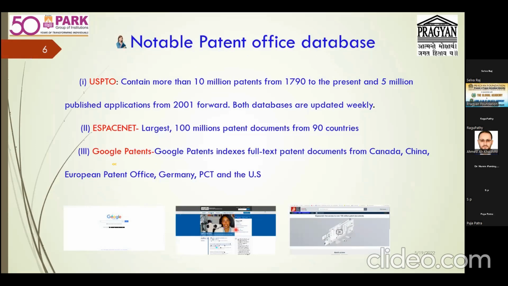For example, when we talk about Google Patents, right? Google Patents has patents from Canada and China, and patent publications of European countries, Germany, and PCT, meaning international applications. Again, I'm telling you, keep in mind that there is no classification like an international patent. Don't tell it like that, like having international publications, international patent. It's not like that. You should only have national publication, national patent only.